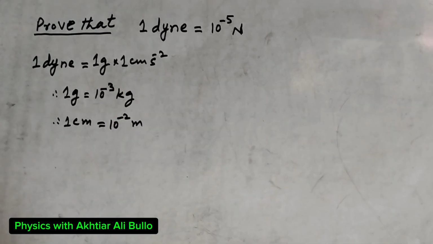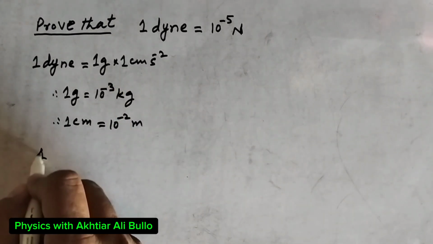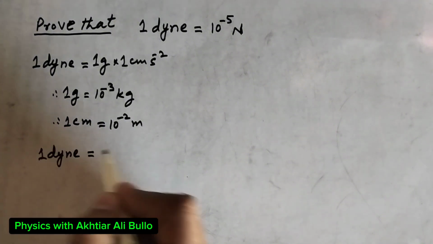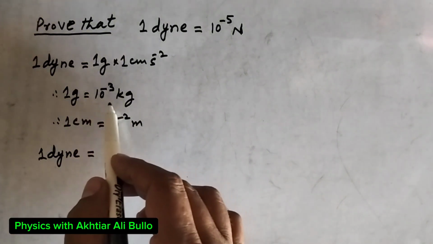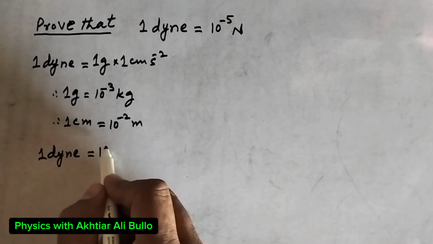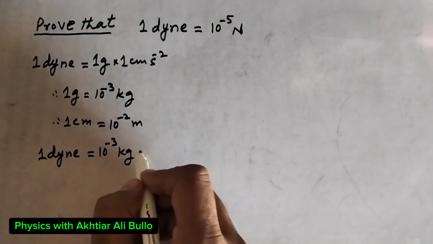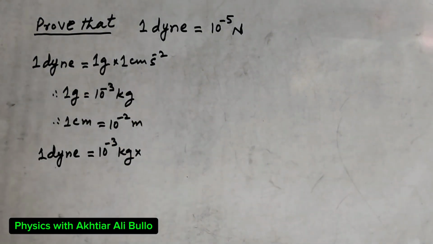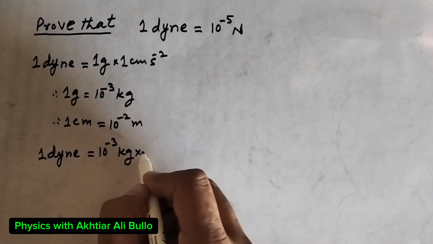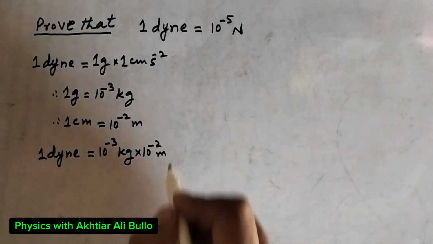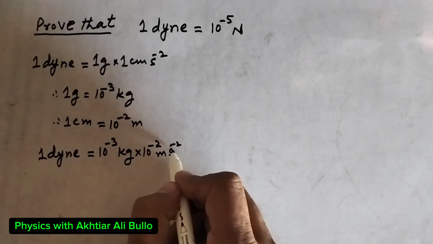So by placing these values, 1 dyne will be equal to the value of 1 gram, which is 10 raised power minus 3 kilogram, into 1 centimeter, the value of which is 10 raised power minus 2 meter, per second square will remain